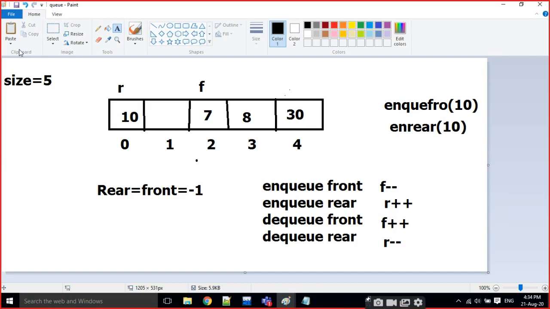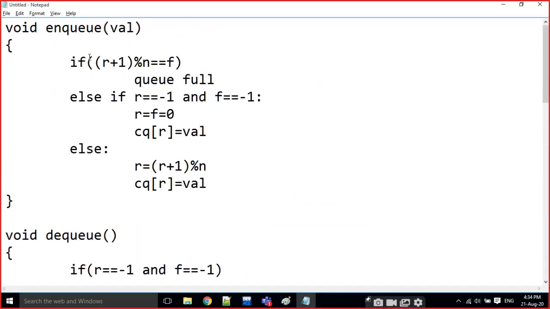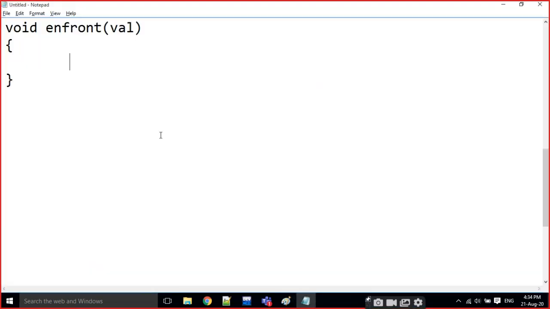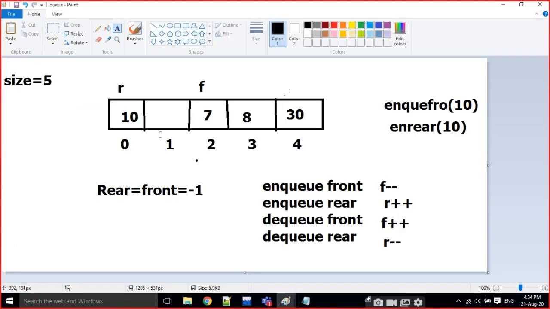When we studied the circular queue, it is full when R plus 1 mod n is equal to F. Here also we are going to check the same thing. There is no modification at all, because we are implementing the double-ended queue using a circular queue. That means if we reach one end, we go back to the first position.